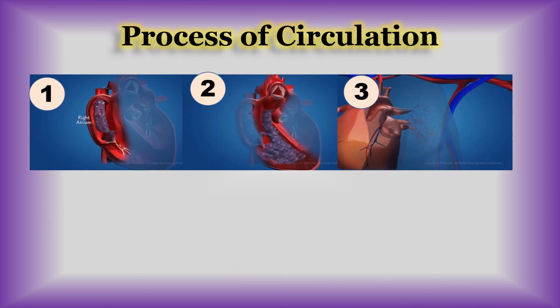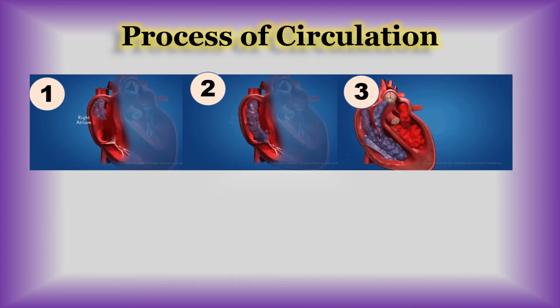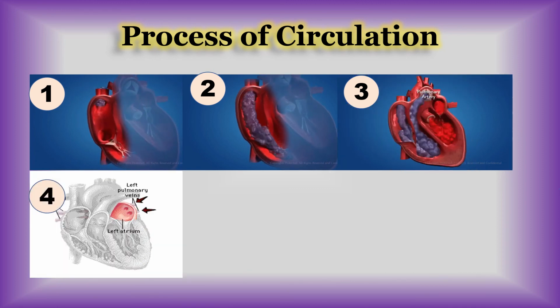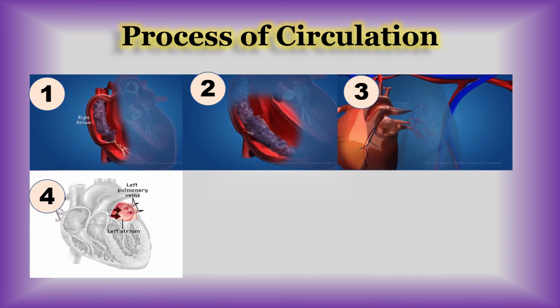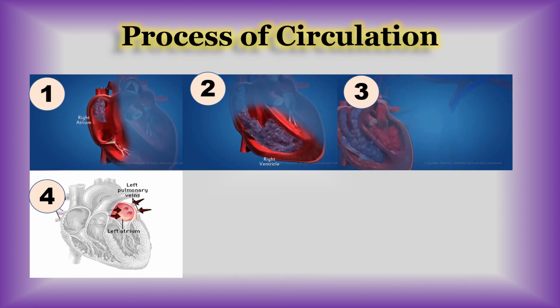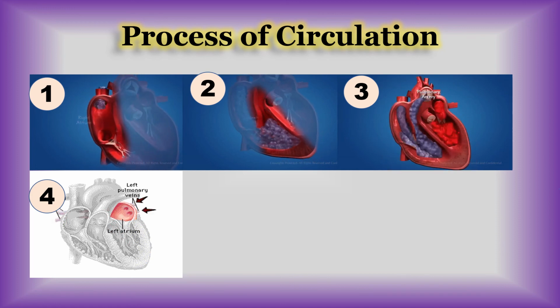You can see here in the third picture, children, it is passed to the lungs for purification. This is clear? Now, in the fourth picture, after purification, once the lung has purified the blood, that oxygenated blood is collected in